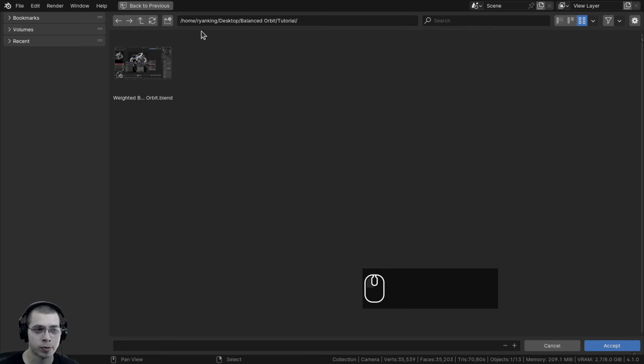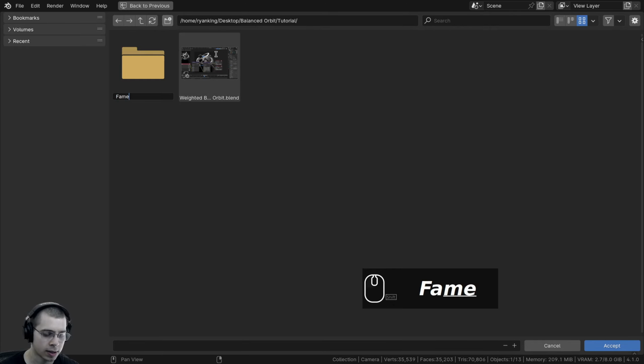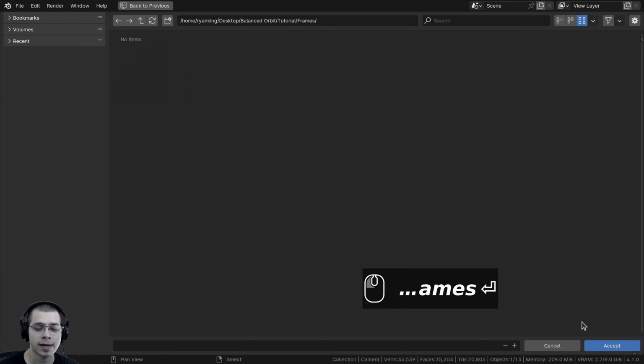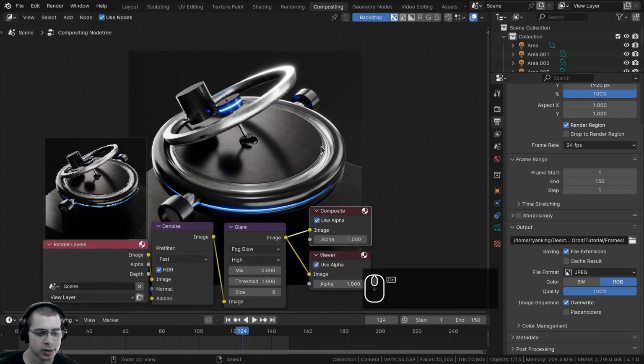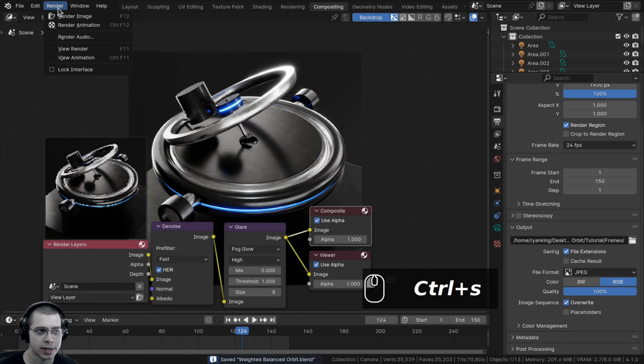So here in my project files, I'll click on this plus here to add a new folder, and I can call this frames, and I can go inside the folder and click on the accept button. So then when we render all the frames to images, it'll save them in the folder. Let's press Ctrl S to save again, and then we'll click on render, and we'll click on render animation, and I'll skip to when the animation is finished.